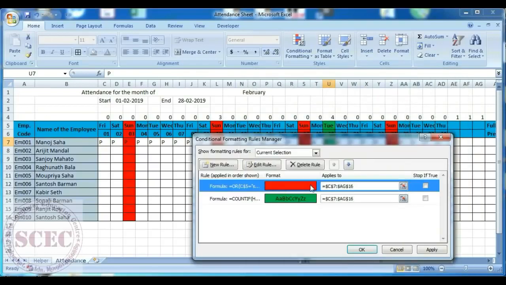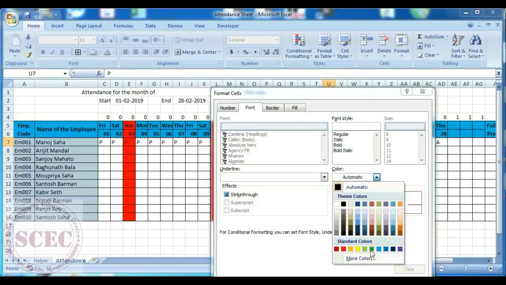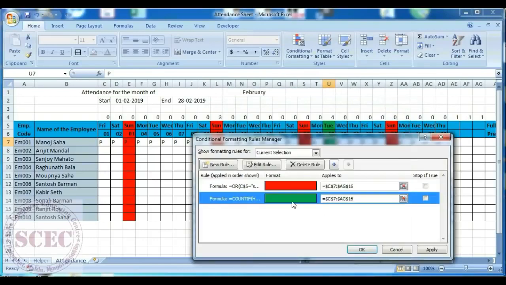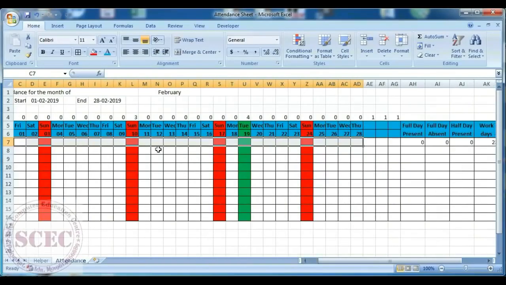Okay, so it's not showing, and now here font color will be green, and you can see it's still not showing here for the green. So now it's hidden. So I will delete this all, and now I will show you that whenever I put P here, the value is not reflected here, but if I press P here, it gets reflected. However, if we put H here, it is not reflected on half day, and if we put H here, it's reflected. And for absent, if we put A here, it's not reflected, and if we put A here, it's reflected.